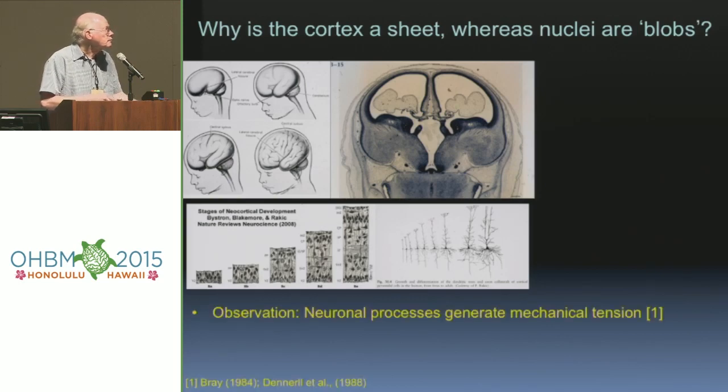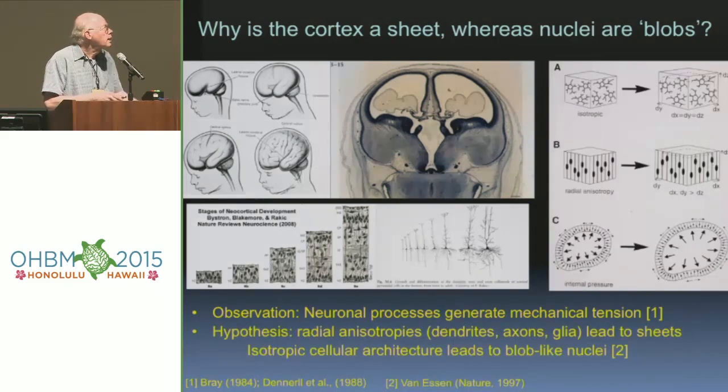And that's significant, I believe, because a corollary observation is that, at least in tissue culture, but I strongly suspect in the developing brain, neuronal processes, that is axons and dendrites, generate mechanical tension. And why is that important? Well, the hypothesis is that structures that have radial anisotropies, such as that imposed by apical dendrites, if those processes